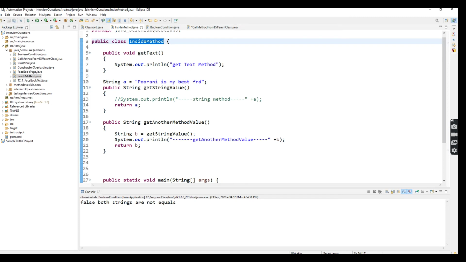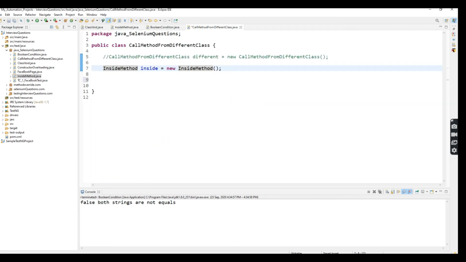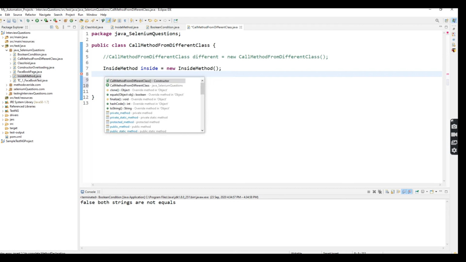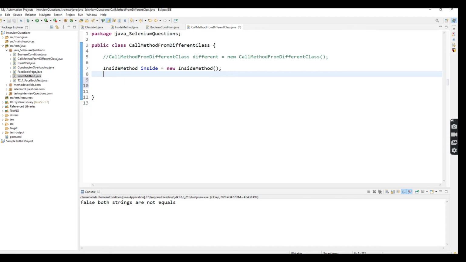What are the methods available inside the method class file, I'm going to access. For that reason I created a reference inside this class file, which is call method from different class. So now I've successfully created the reference.